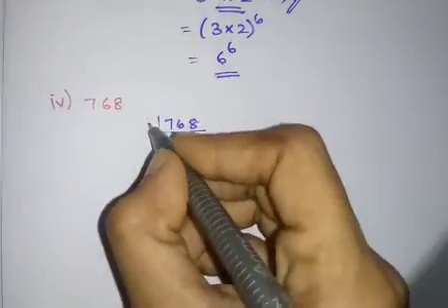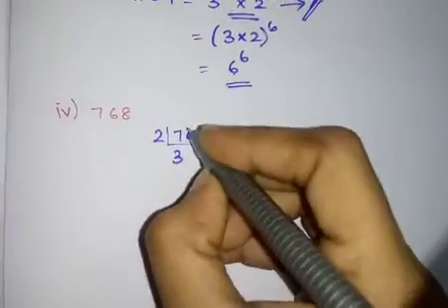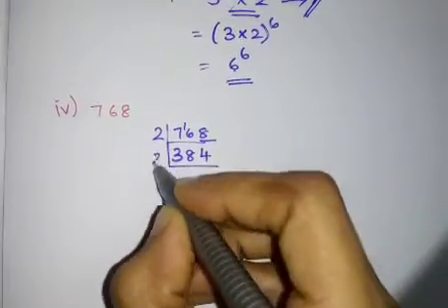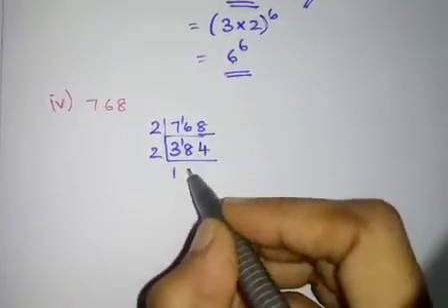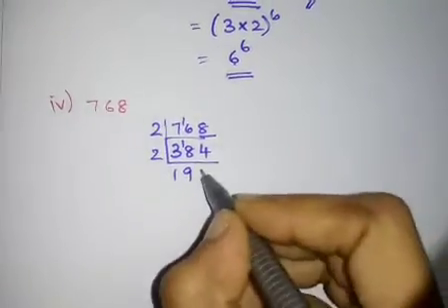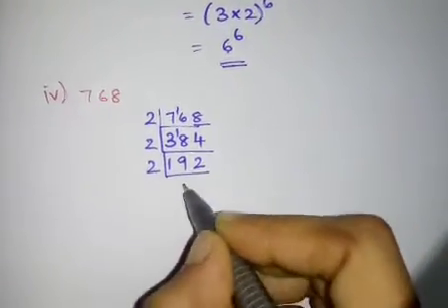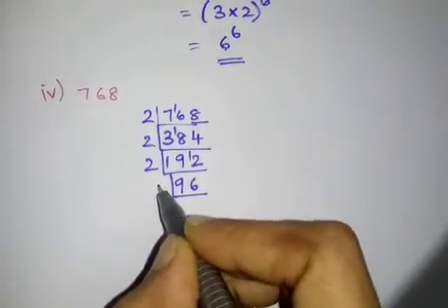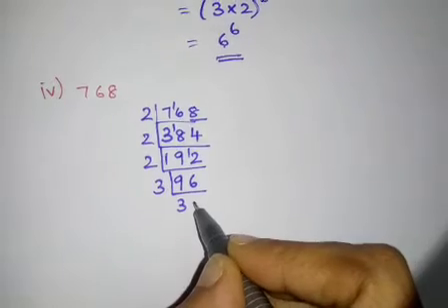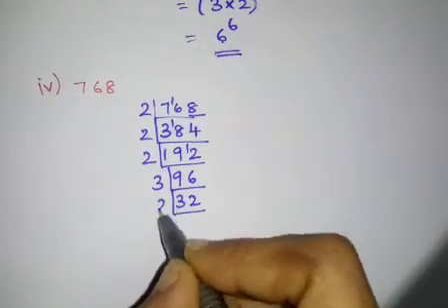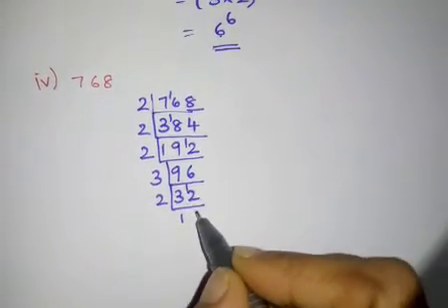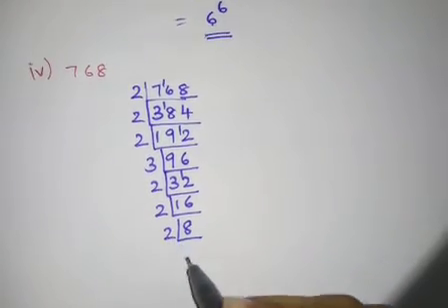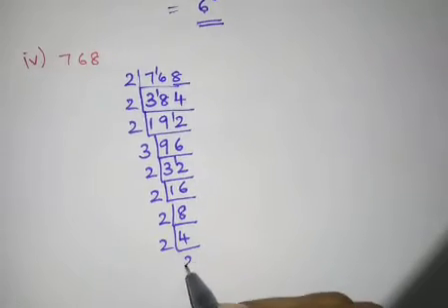It comes in the second table. 3 2s are 6, remainder 1, 8 2s are 16, 2 4s are 8. Then 2 table. 2 1s are 2, 9 2s are 18, 2 2s are 4. 2 table. 9 2s are 18, remainder 1, 6 2s are 12. Then in the third table, 3 3s are 9, 3 2s are 6. Then 2 table. 2 1s are 2, remainder 1, 6 2s are 12. Then 2 table, 8 2s are 16. 2 table, 2 4s are 8. 2 table, 2 2s are 4.